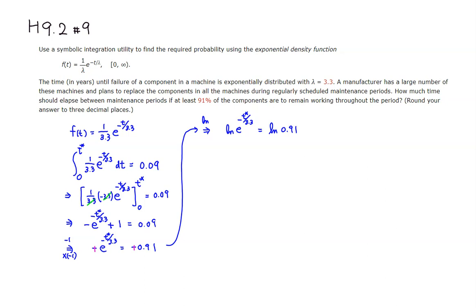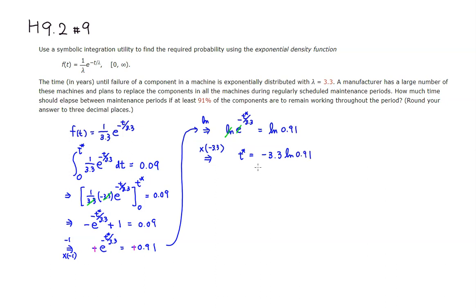The natural log and the exponential function cancel out. And then what we need to do is isolate t star. We can simply multiply by negative 3.3, so that way t star is all by itself. It's negative 3.3 natural log of